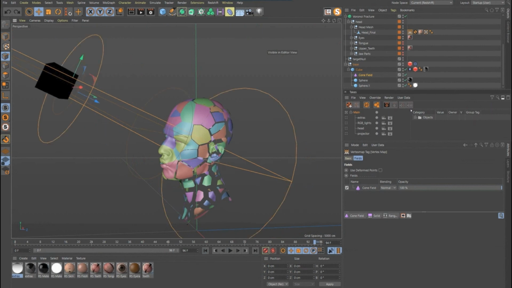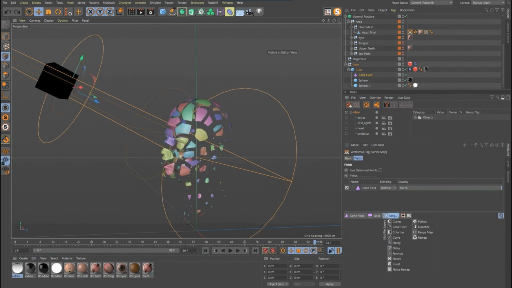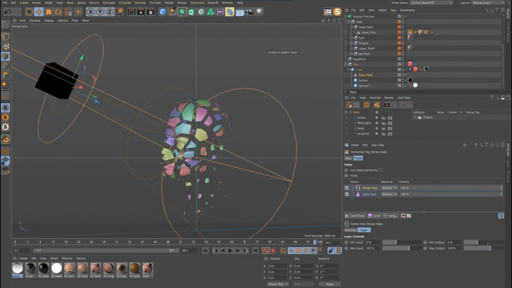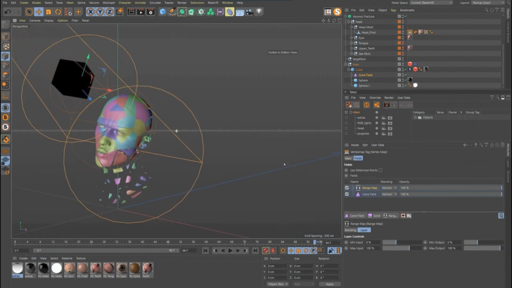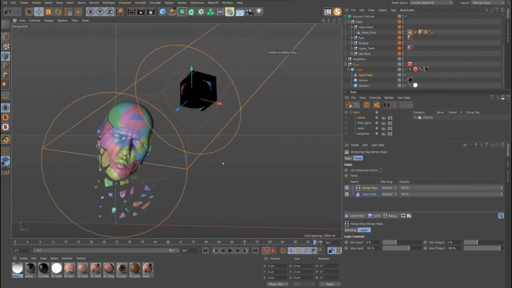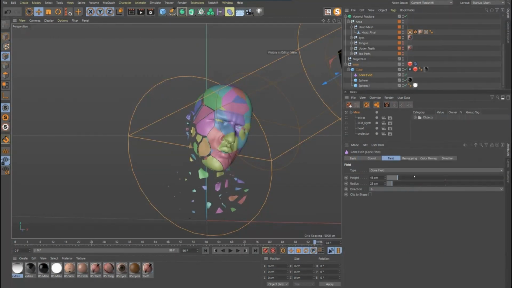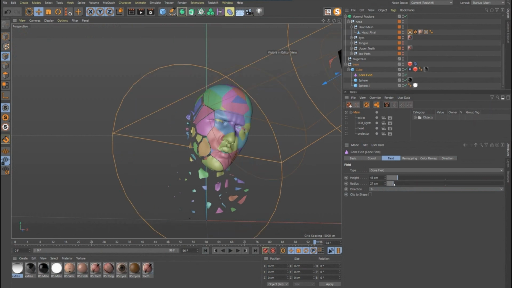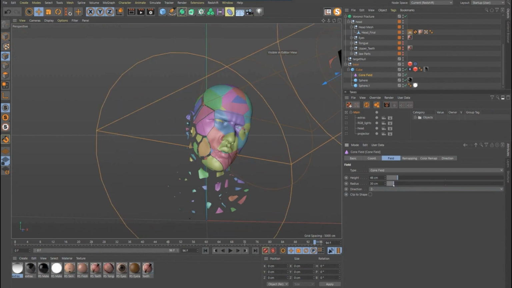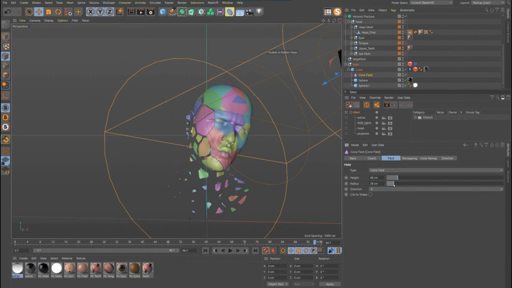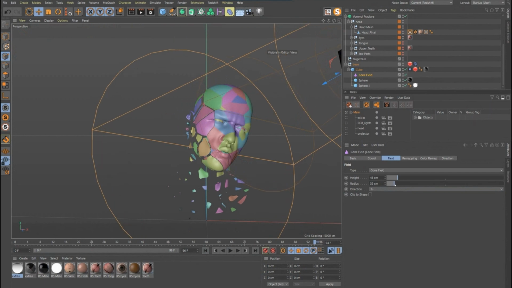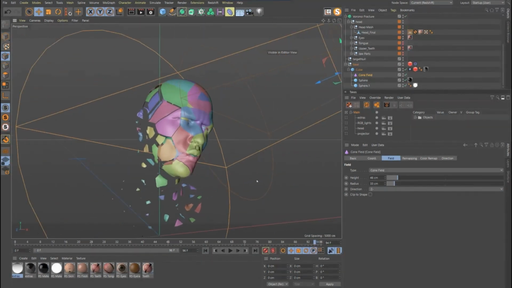The other thing we could do on here is just add a range map, and we could increase the max output. So now if we look at this, the front of our head is full, and then the back is falling away. And as I'm playing with this, maybe this radius, we increase that a little bit, just to get a little bit more on the body itself.